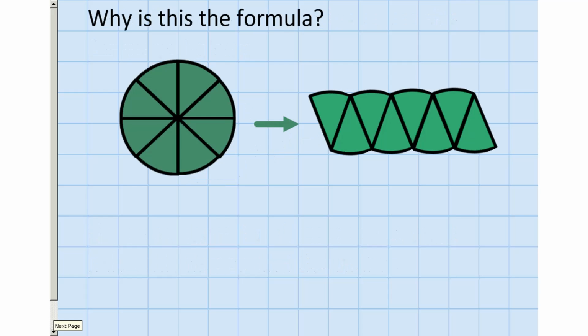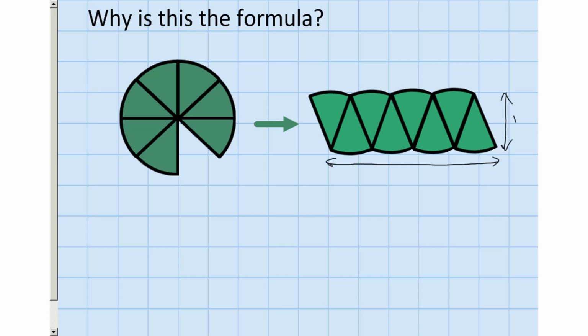Why is it this formula? Well, the best way to think about it is if you split your circle into lots of sectors, all the same size, and then line them up as I have done over here. Spin them around and then line them up like so. If you did it so there were lots and lots of sectors and they were really small, you would eventually end up with a rectangle